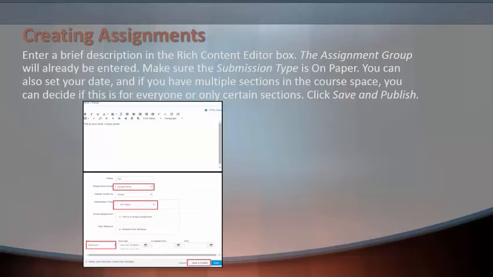You can set the date, and if you have more than one section sharing a course space, you can decide if this assignment is for everyone or it will only be used in certain sections. Click Save and Publish if you have finished creating the assignment. And again, I'll pause so you can create your assignments.